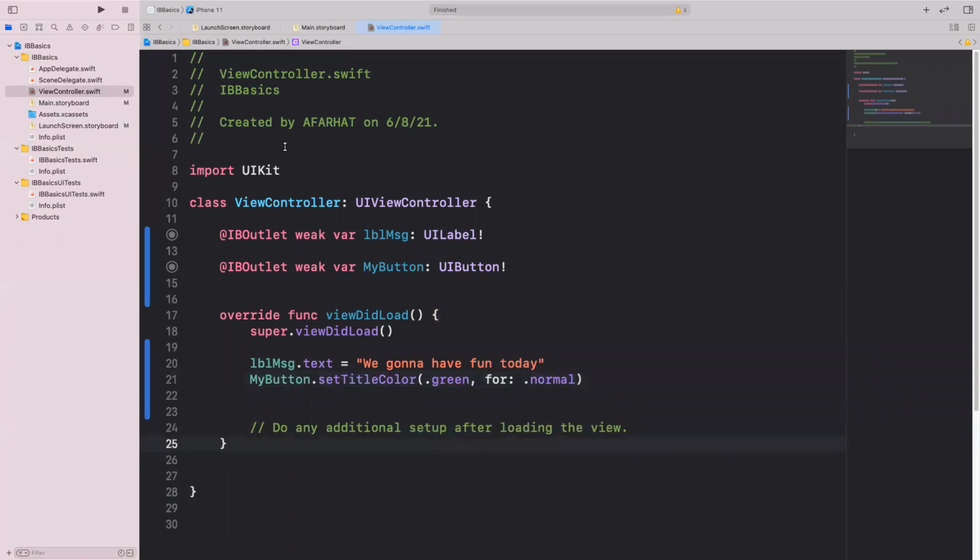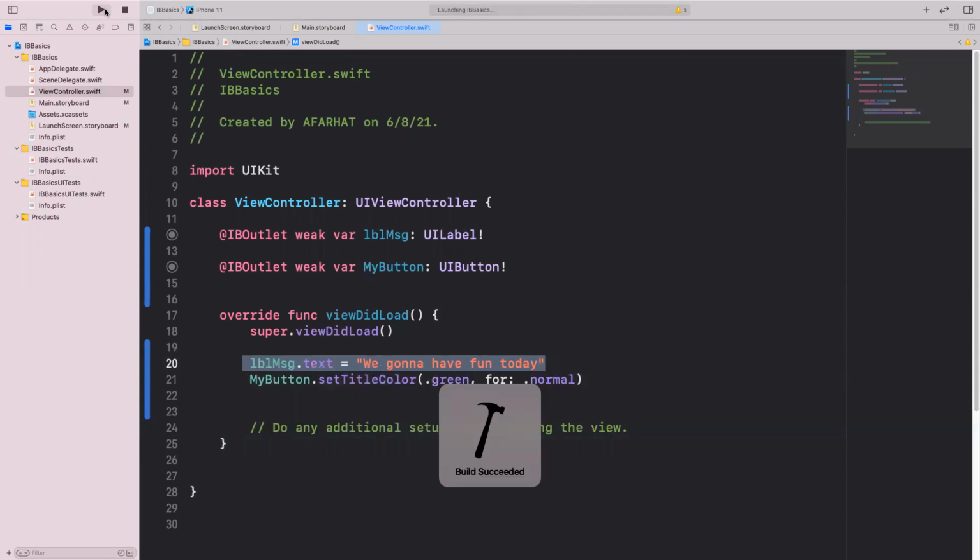So now let's see what happens. Now, if I run my application, the first thing that will happen, it'll come to this viewDidLoad. It will change the text from welcome to my winning app to we're going to have fun today, and it will change the color to green for the title of the button. Okay, the title of the button. So if you watch what happens here,